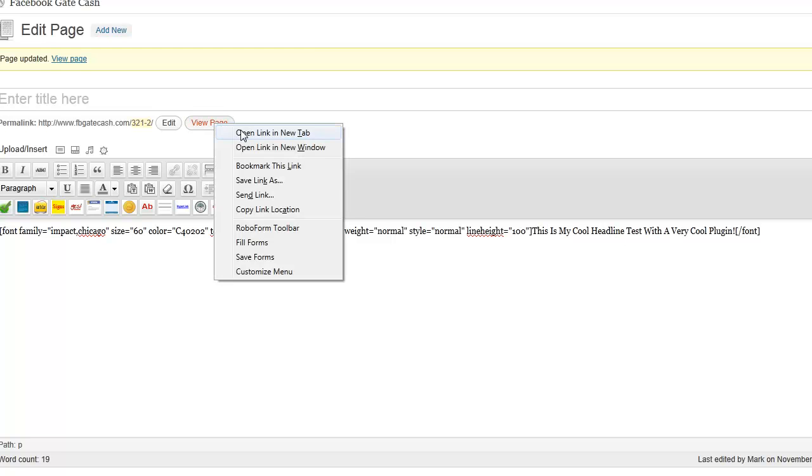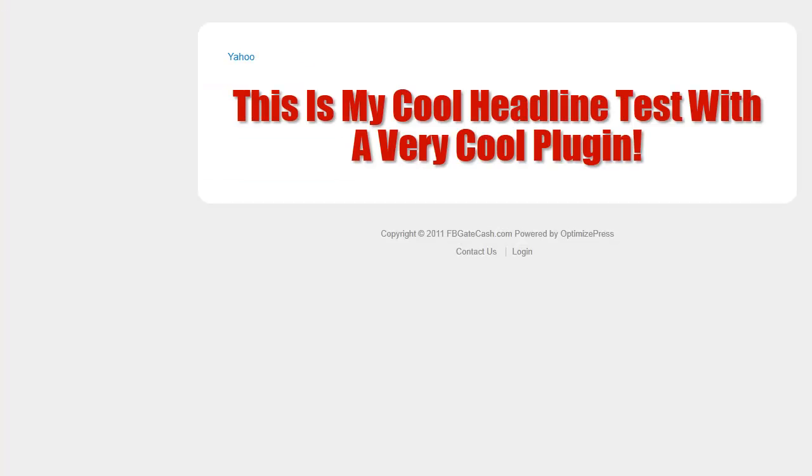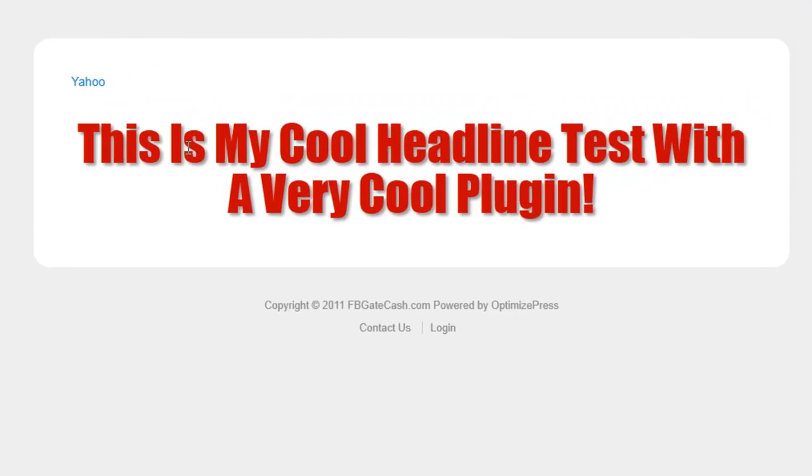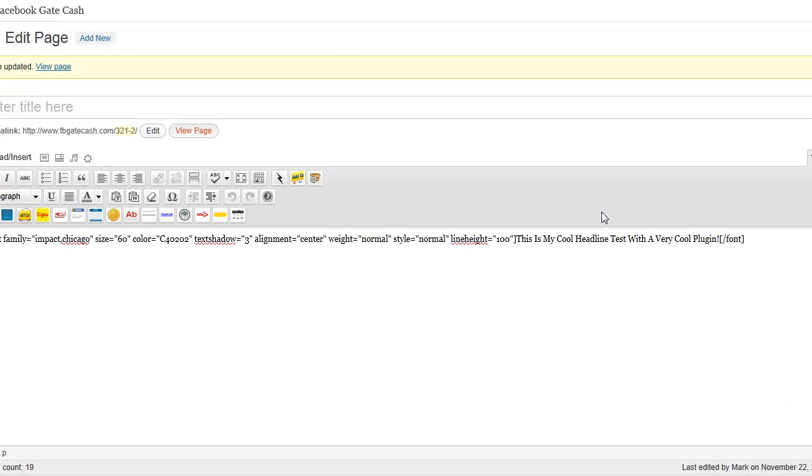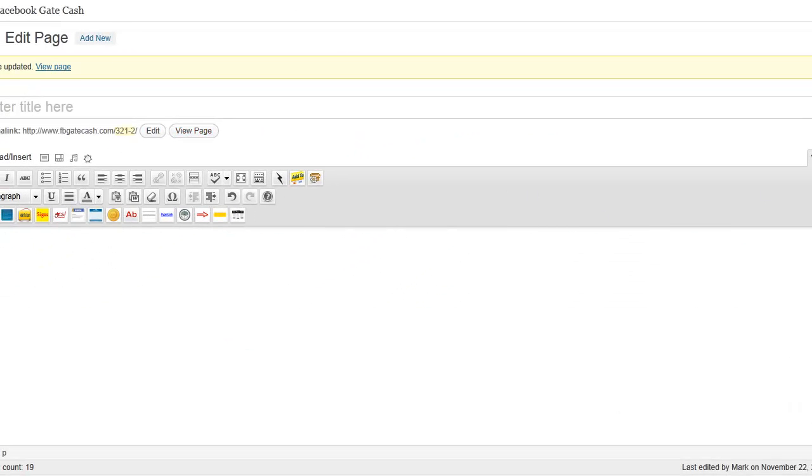I'll just view the page now, and there it is right there. You see how it's got a nice headline font, and it's got different font styles. It's got a nice shadow. See the shadow that it produces, and it's very, very powerful. Okay, so from here we'll move on to